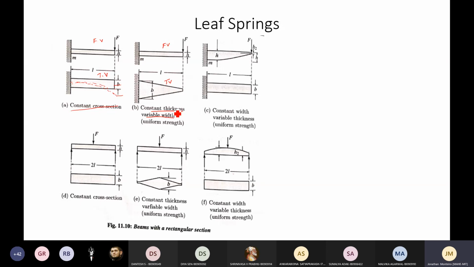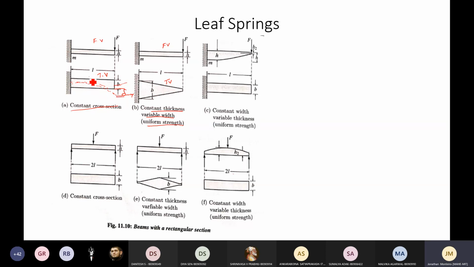Now you might ask, what is the advantage of using such a spring? This spring, or simply a plate kind of spring, is called a uniform strength spring, which is totally absent over here. We do not know. Definitely we can understand that this is not a uniform strength. Why can we say that? As discussed, the deflection here is quite big. In fact, I could say delta is max over here, the largest one.